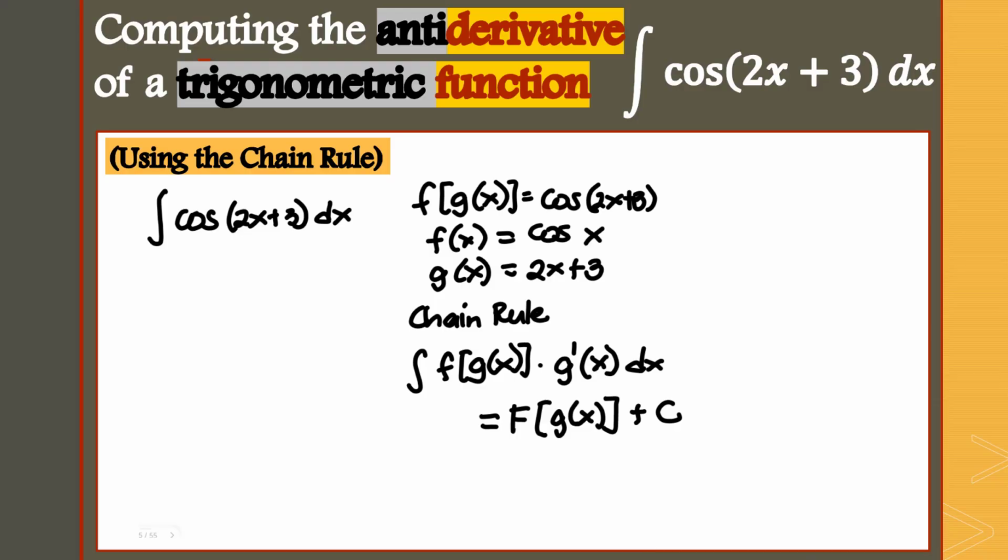In order for us to use the chain rule, this item needs to be included in the process. Where do we get that? From here. We have g prime of x, or the derivative of your g of x, which is equal to 2. In short, we need to have a factor of 2 here,